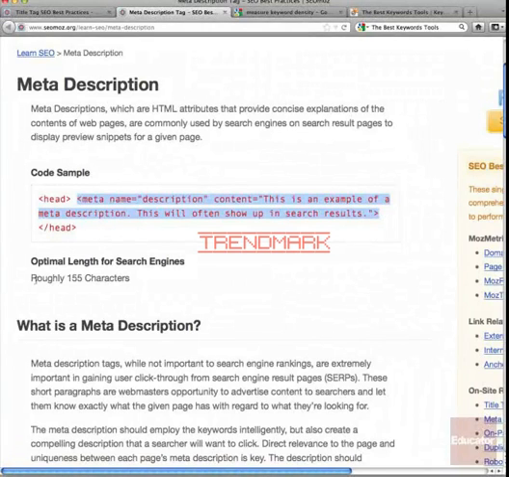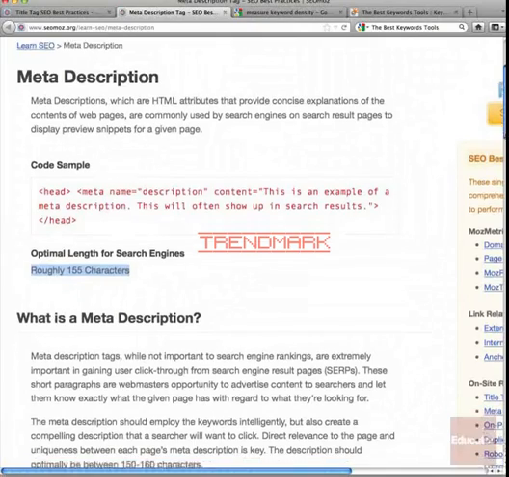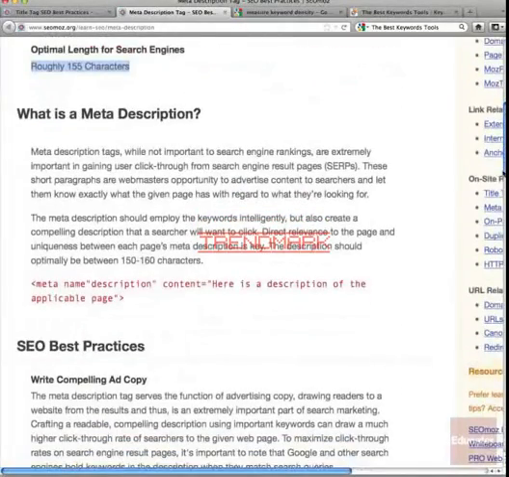Okay, here they say roughly 155 characters. So you don't want to write a whole novel, let alone an entire article. Again, they want you to stay within the limits. If you go up to 200, I think it's okay. Maybe too many, but I would say keep it around 155, as they said, give or take a few. Do not go into the thousands, otherwise you will be marked for spamming and your site will be nowhere seen on the search engines. All right, again, what is a meta description? It kind of just describes what your